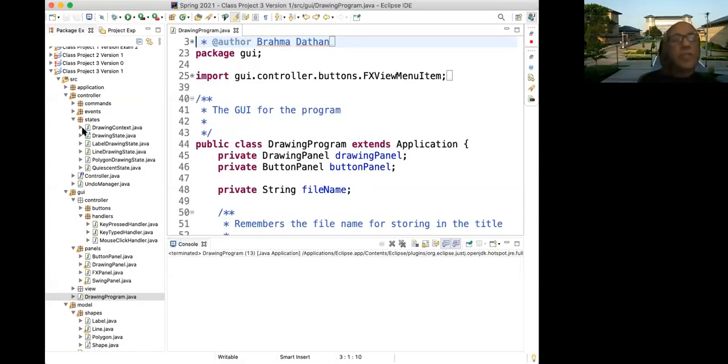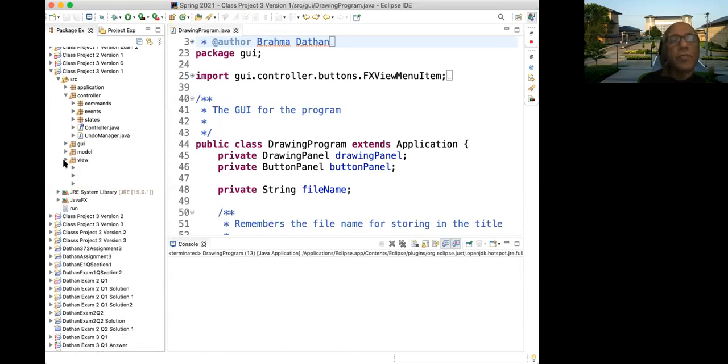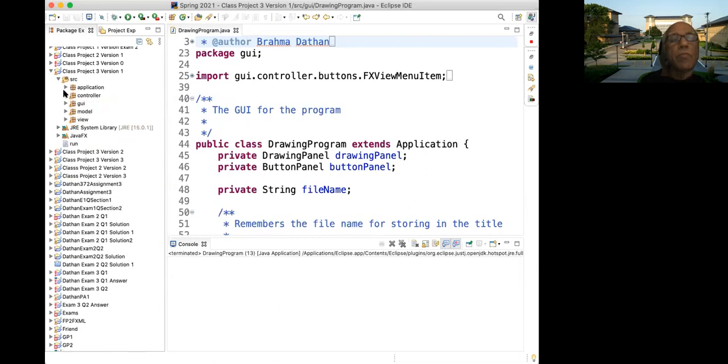Okay. Here is the program. On the left pane, we have multiple packages and sub packages. So we have the model, view, controller, and GUI. Suppose you want to add a new shape. Let's say you want to draw a triangle, and you don't want to depend on any other shape that is already here. So you don't want to say, okay, I will use the polygon to,